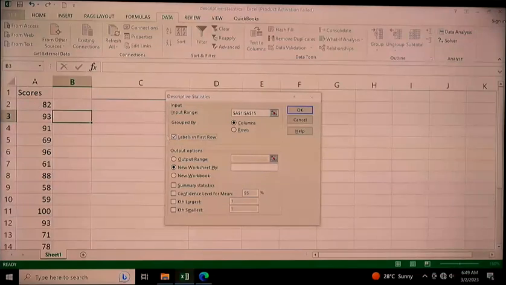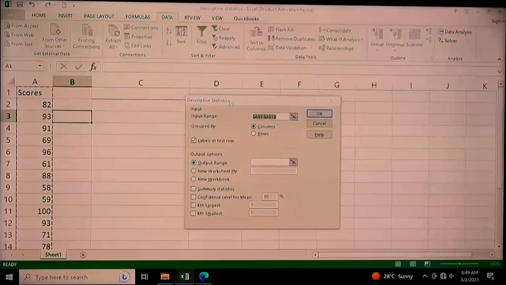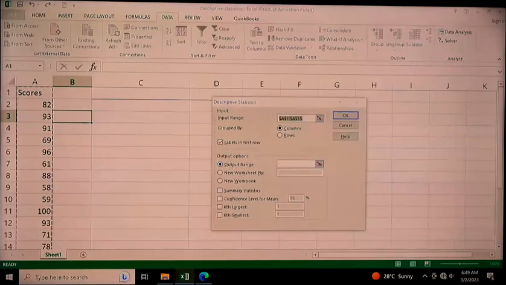So once you do this, you have to produce the output. Where do you put our output? You have to select the cell where this output will be pasted. So I can start from cell C1. Then it will start from there downward. Together with that, I need to have a number of